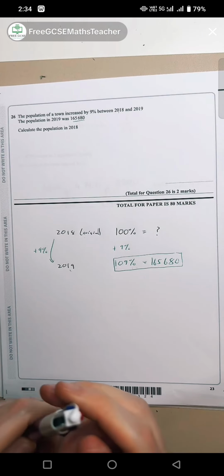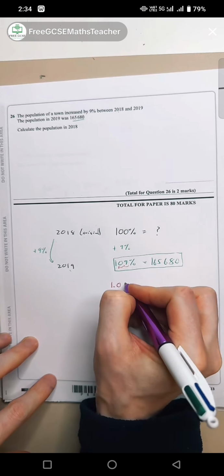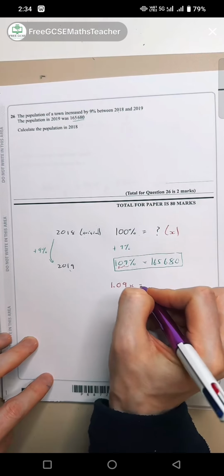Or we know percent means out of 100. So percent means out of 100, so move the decimal in 2 places. So we'd have 1.09 lots of the original. Say the original we call x. And that would equal to